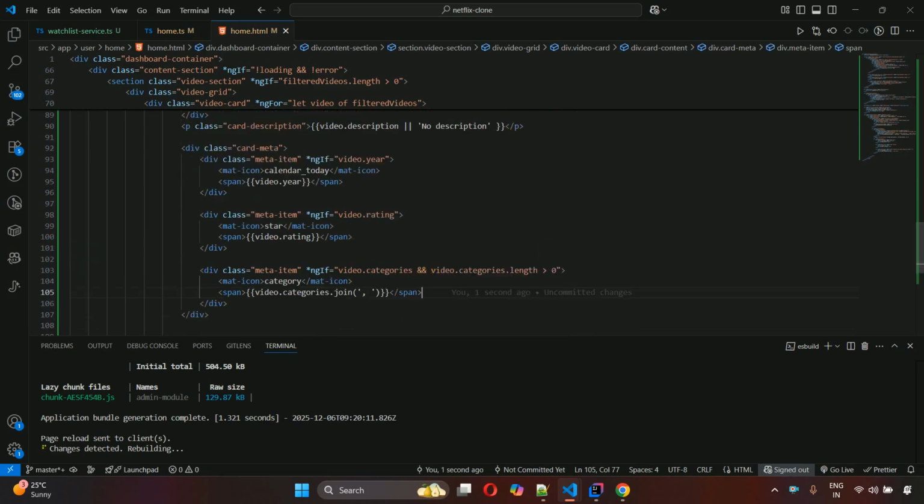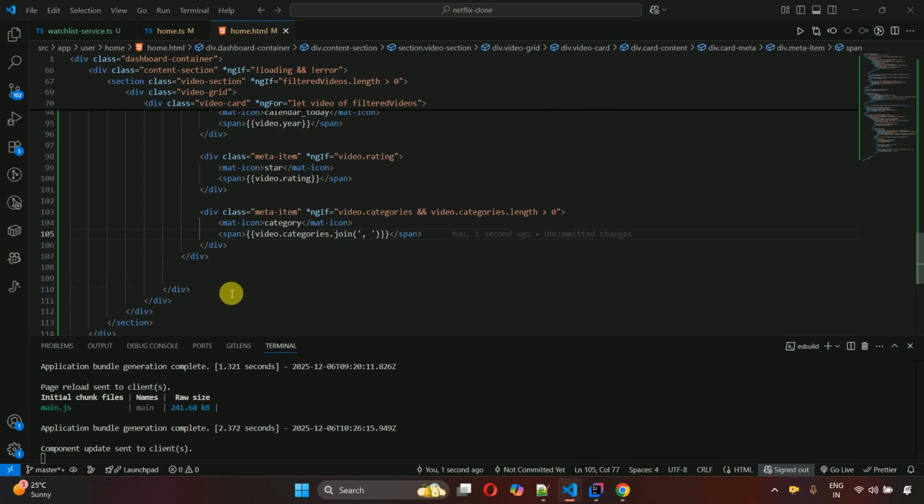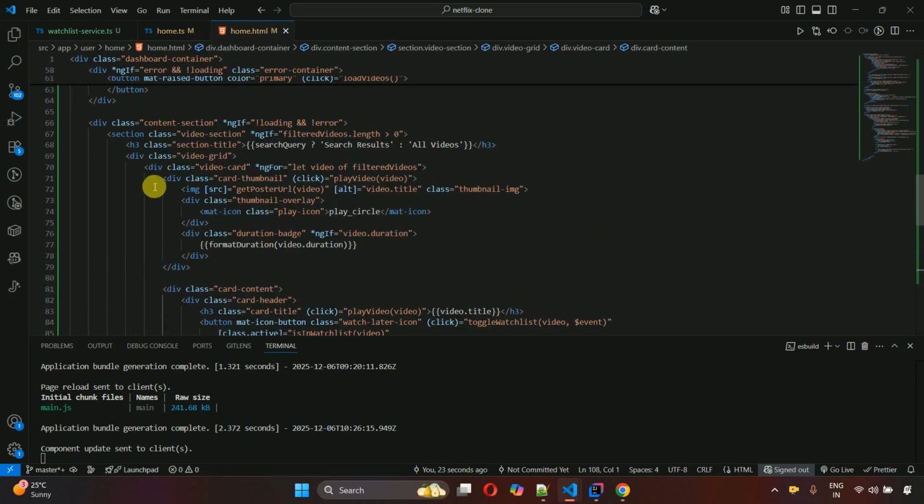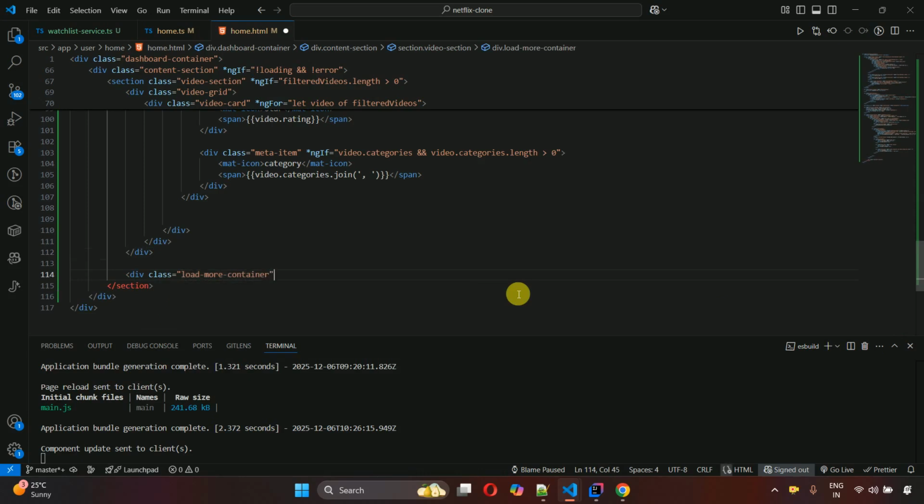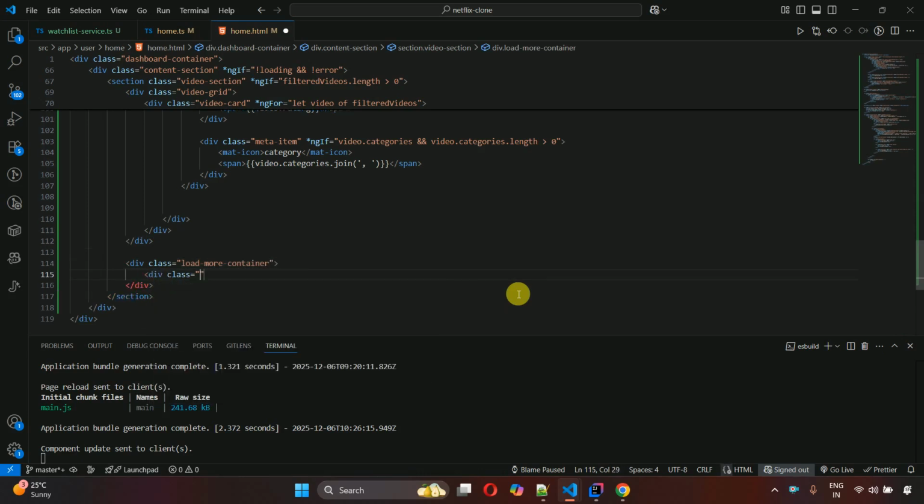So our card metadata part is also completed, and I think outside of this one, let me scroll a little bit. So outside of this video grid, we have this video grid. Outside of this one we have to write the logic, and it should be inside the section but outside of this one. So here we have to write div class load-more-container, and then div class loading-more,